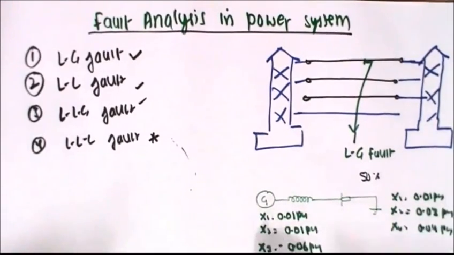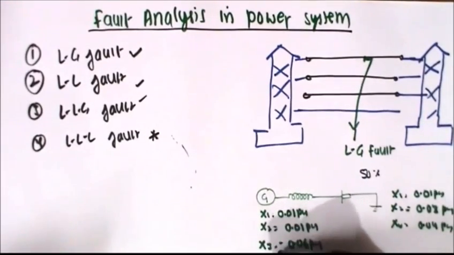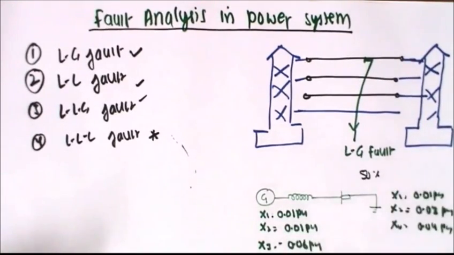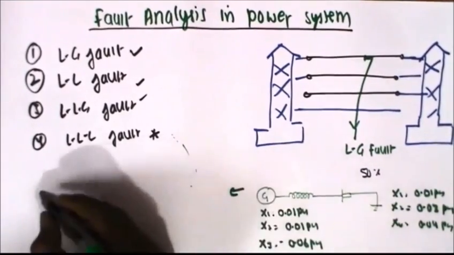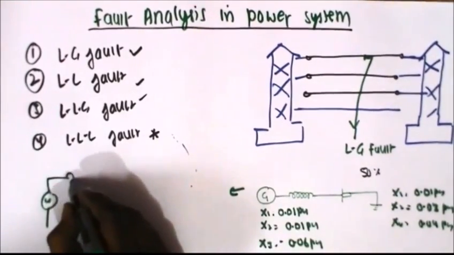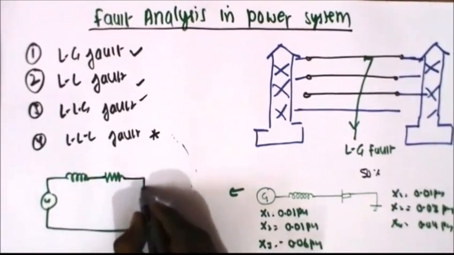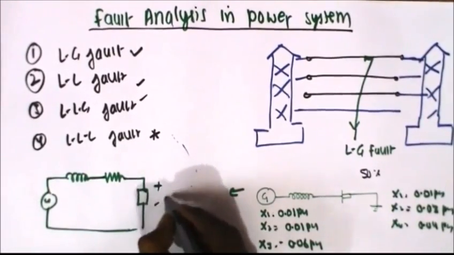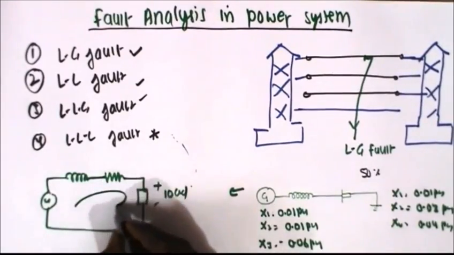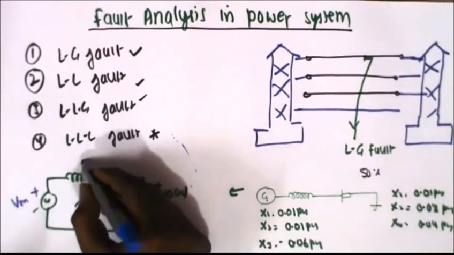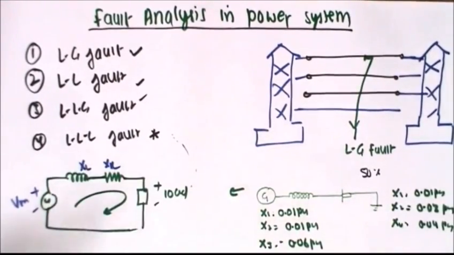So we are representing the transmission line with the symmetrical components X0, X1, X2: the zero sequence component, and the positive and negative sequence components of the system. To represent it in a single line diagram, we are using just a generator, with current flowing in this direction, a transmission line, not a resistance, and a load connected here. Here is the load. So we are generating a flow which will be observed as plus minus Vm sin omega t, with X, L and R. Here is the point which is very important for us.